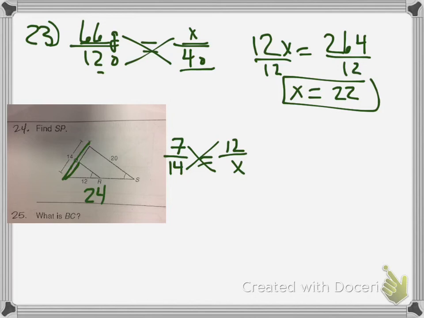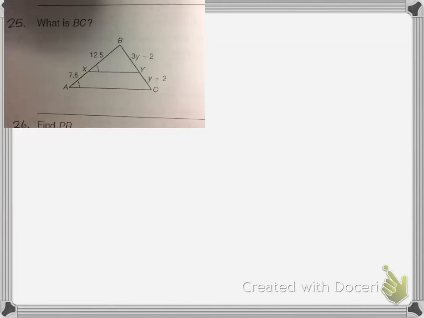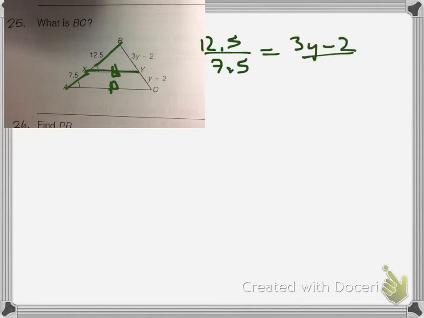So number 25, let's look at that. On this one, since this is divided by this and they're parallel, that makes these two lines parallel. We can say 12.5 over 7.5 is equal to 3y minus 2, notice top part with top part, over y plus 2. So when you multiply that out, you end up with 12.5y plus 25 is equal to 7.5 times 3, which is 22.5,